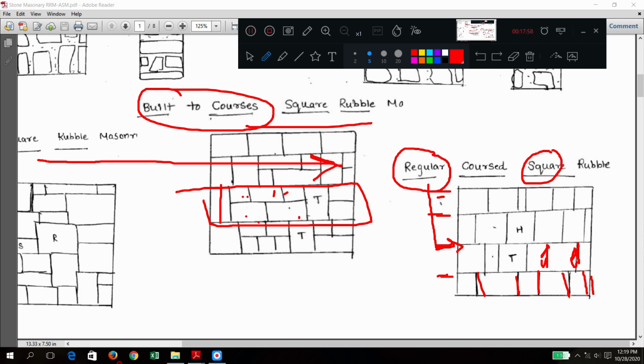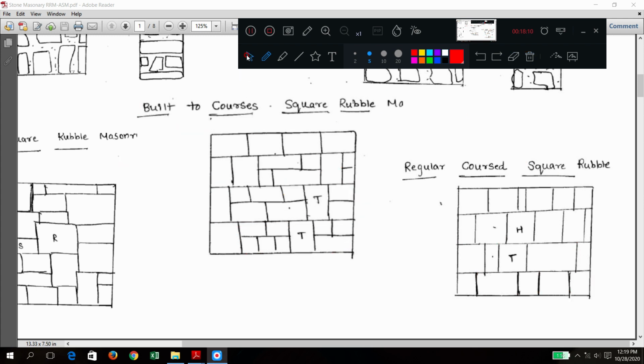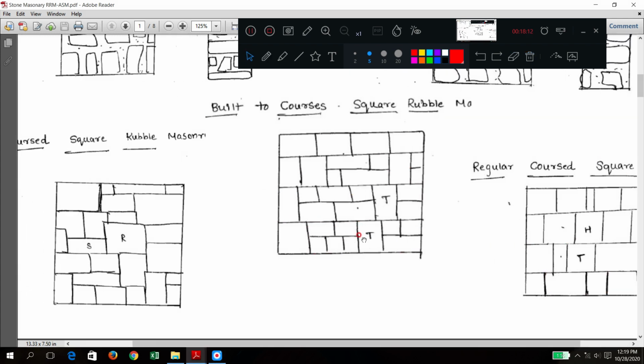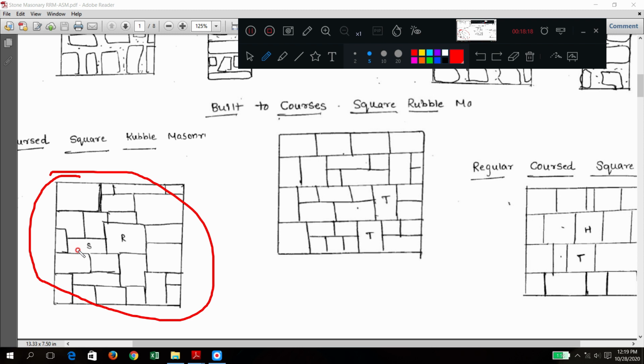I hope it is clear now. Okay, now can you see this diagram? Regularly coursed, the arrangement is very fine. Built to course, a little bit less arrangement, as stones are arranged in one layer, in two layers like this. In uncoursed means what? In uncoursed no layers at all. You cannot say this is one layer, this is second layer. But all the three are square.